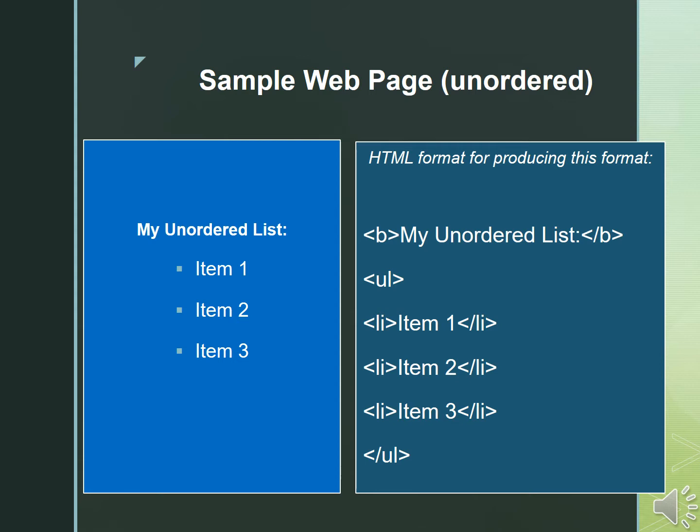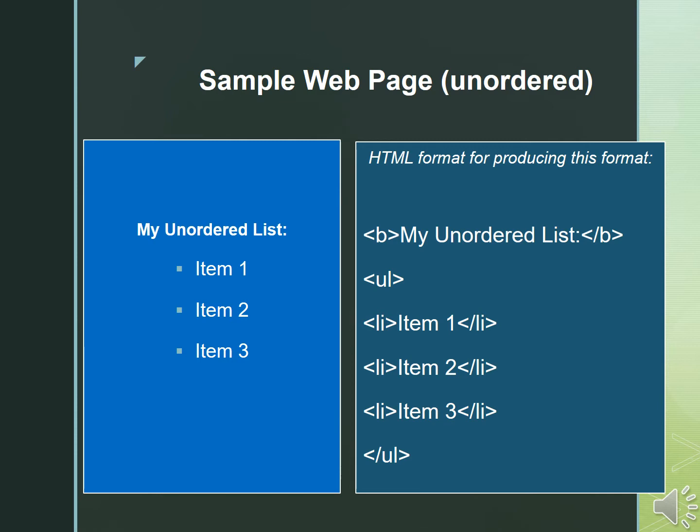So if I want to create a list like item 1, item 2 and item 3, I will start with a heading, which is given in bold tag, followed by the ul tag first, and the items in the unordered list will always be specified by li.